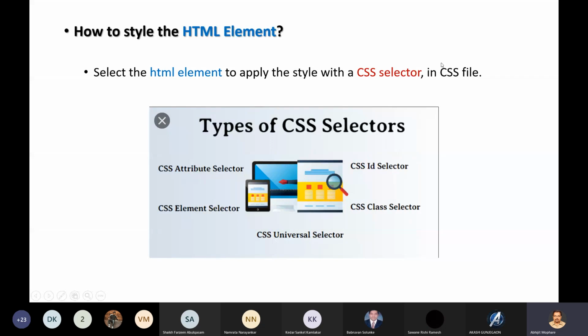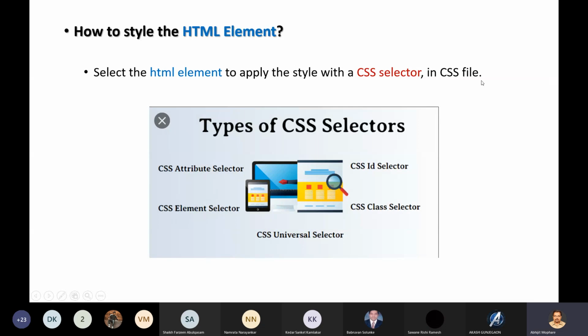CSS selector. Okay, so to select the HTML elements from the HTML file, so that we can apply the style to those elements in the CSS file, we have to select those HTML elements with the help of CSS selector.